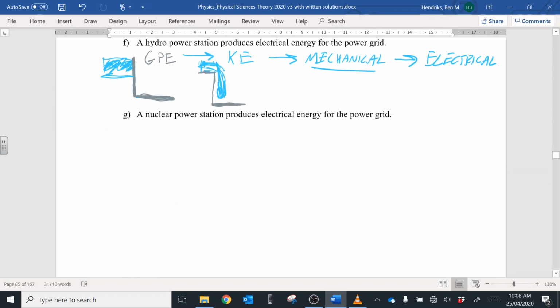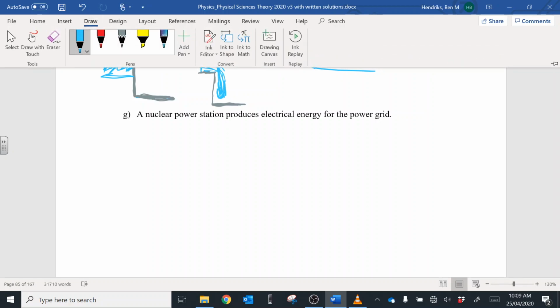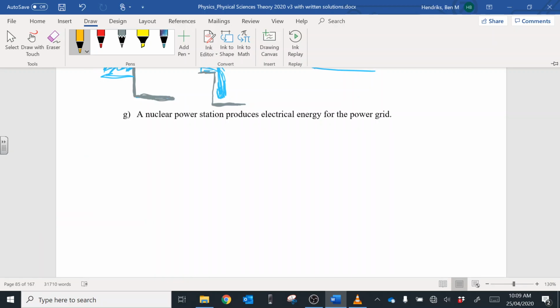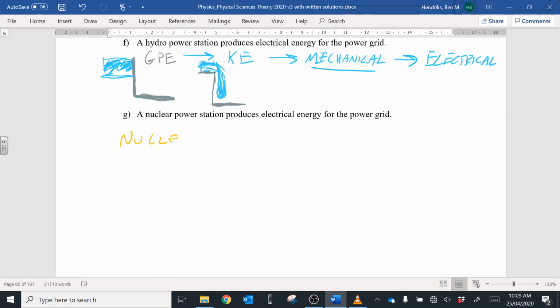So a nuclear power plant station produces electrical energy for a power grid. What kind of radioactive colour do we want? Green? No, we've got yellow. So we've got nuclear energy, and it actually heats up the water. We've got control rods in, heats water.